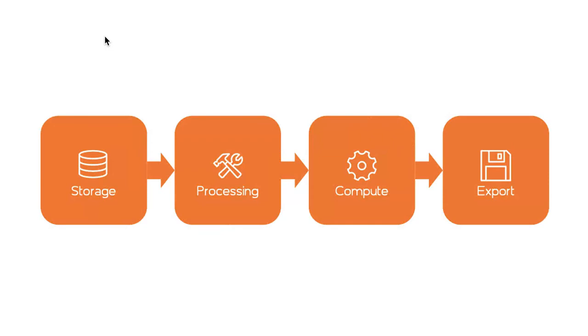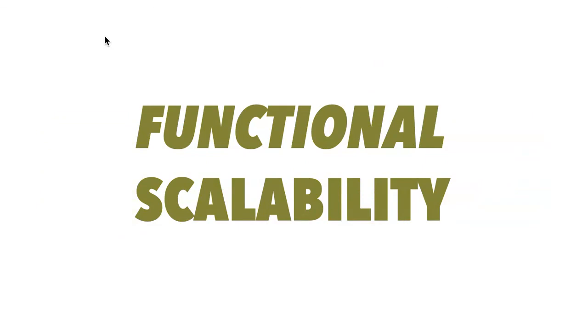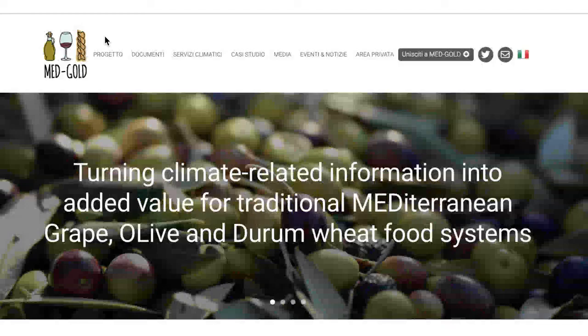And so far, so good. This is, in a nutshell, the problem of technical scalability, and a lot of our work within the project is, of course, related to that. There are a lot of technical details, but this is not the whole picture. There is another kind of scalability that is no less important, and that I call functional scalability. What do I mean? Let's go back to what we are trying to achieve.